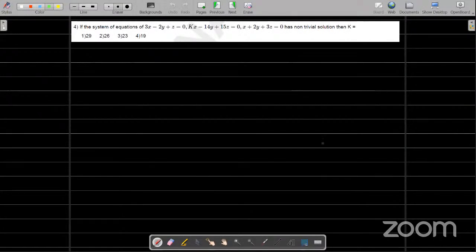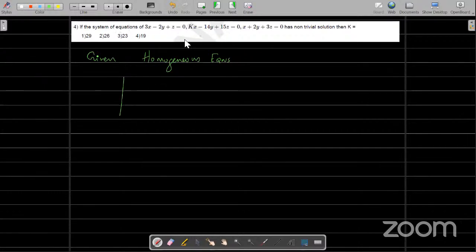The next problem, again, a system of equations has a non-trivial solution, then k is equal to. So again, observe, this is a set of homogeneous equations. So the given set of equations are homogeneous equations, which means that the determinant should vanish. So let's write down the matrix